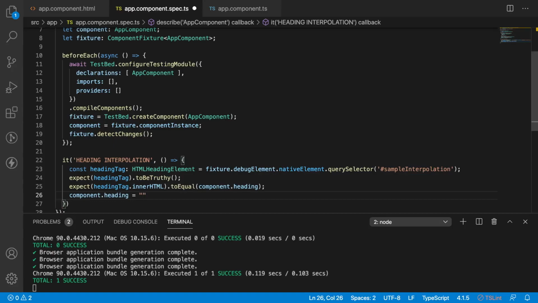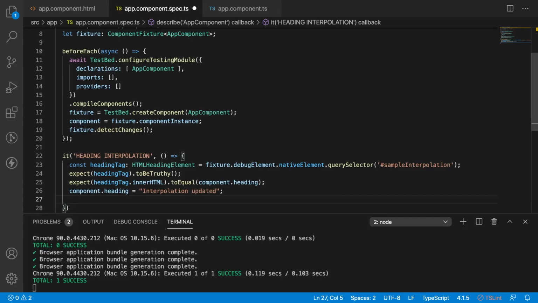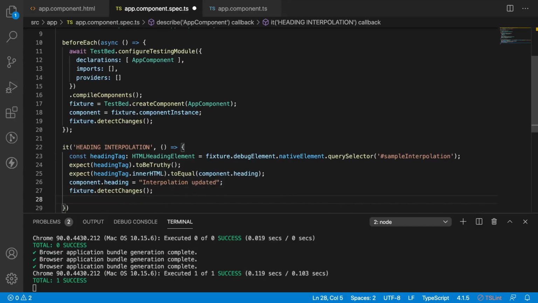Let me take that interpolation updated. Whenever you change something in the component, it will not directly impact your HTML. For that sake, we have to use the detect changes strategy. So we'll use fixture dot detectChanges. This detectChanges is an asynchronous call, so we don't know when it will be executed. For that sake, we can use